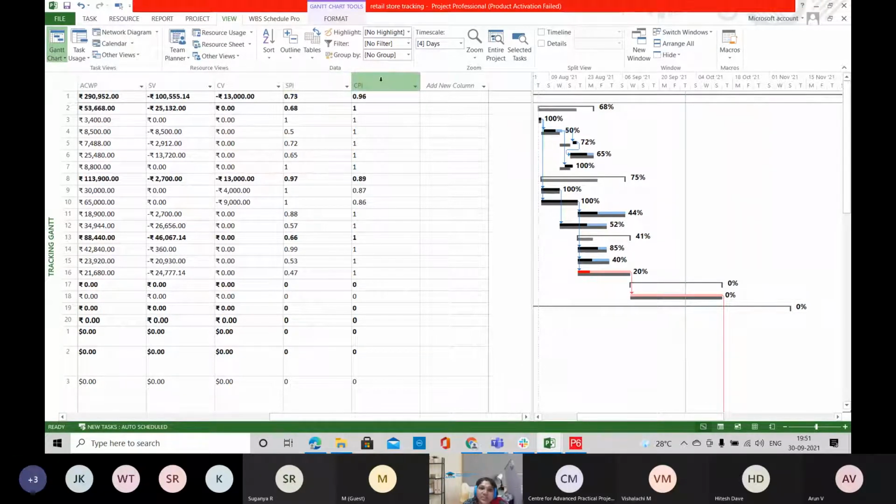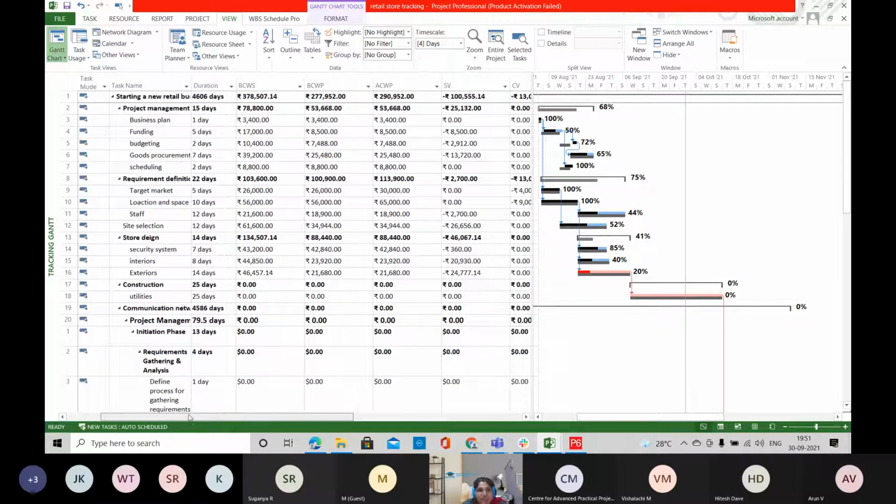Here the SPI and CPI will show you whether your project is on schedule or behind schedule. The CPI will show you whether you are over the budget or under the budget. Using this EVA table, you can do various analyses of your project based on the project performance, and you can make better decisions regarding the control of your project. So this is tracking and EVA regarding your project.